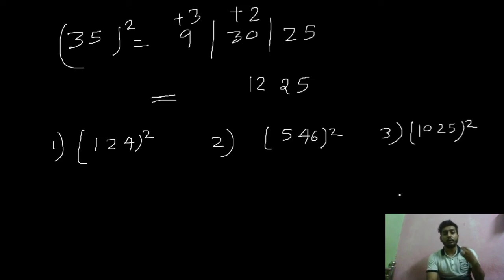So this is the way we can find the square of any type of numbers. If we don't know the formulas, we can use the duplex method, and the method is very easy for finding those types of squares. So try these 3 sums at home and practice more, so that the duplex may become very easy for you. So that's all in this video. In the next video we'll discuss another method to find different types of calculations easily.